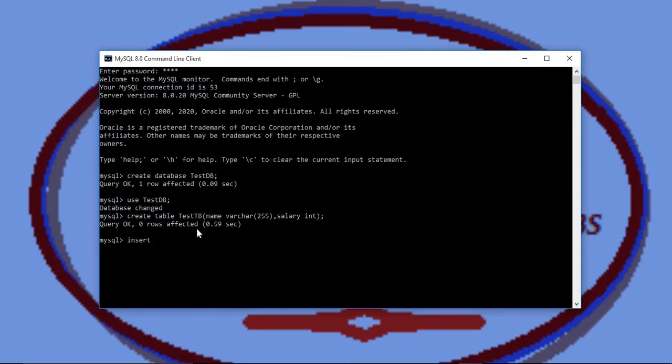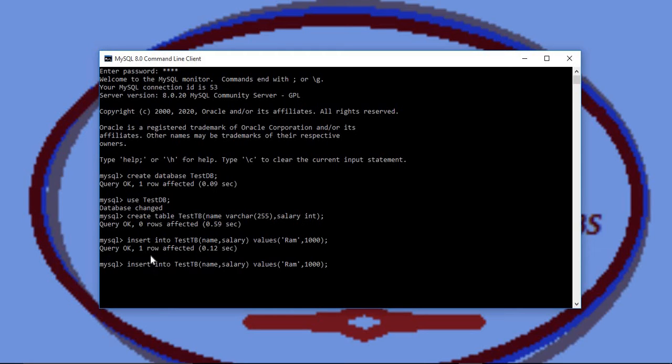Insert into table test db, with name and salary, and then values. Let's suppose the name is Ram and the salary is 1000. Okay, so see, 0 rows affected.